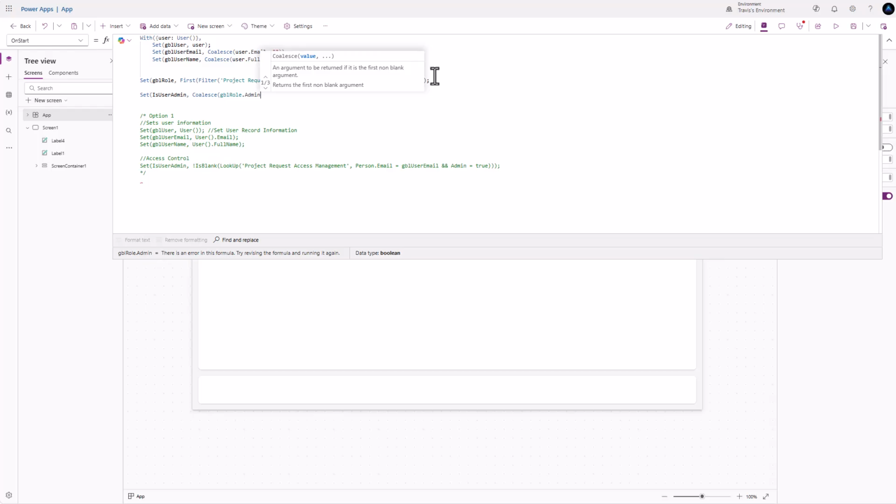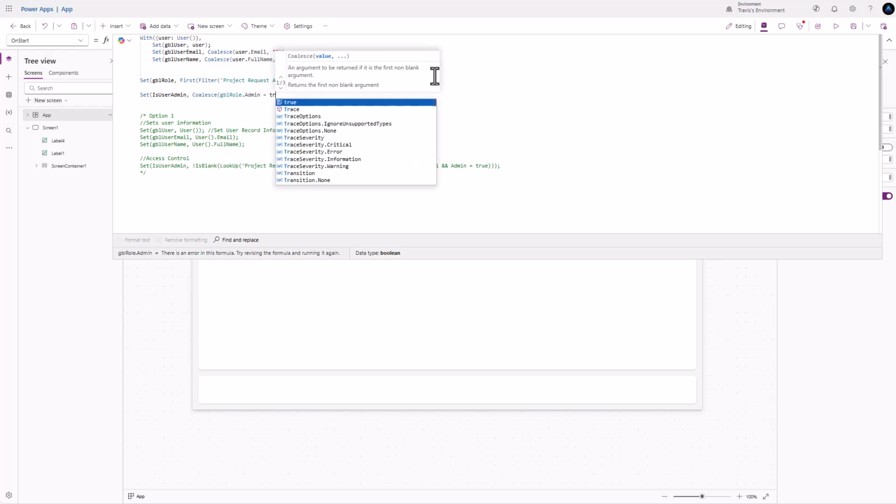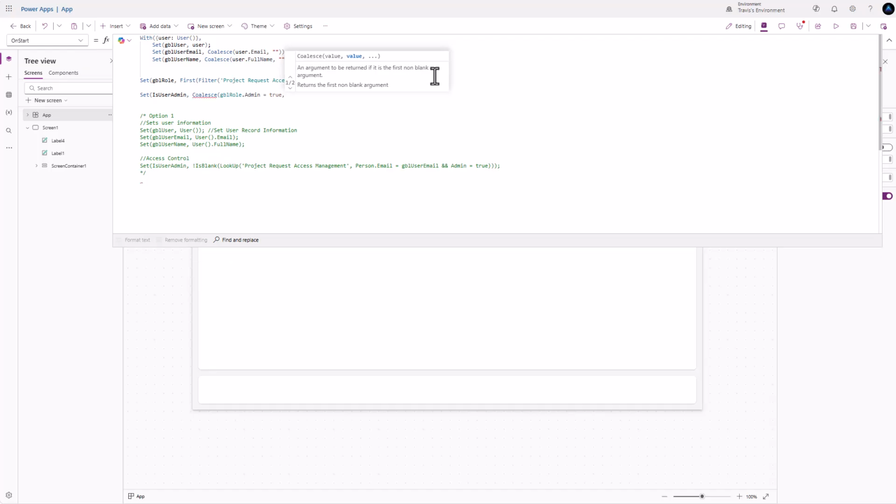And then what we want to do is hit equal to true, and how Coalesce works is it basically evaluates things in order. So the first thing that is true, it stops. And we're essentially saying we want true, but if it's not true, what do we want? We want false. So let's go ahead and put that in there, and then we'll close it off, and then we'll put our semicolon. And again, I always put the semicolon just as a rule of thumb or as a habit because I know, especially in an OnStart, that I'm going to be adding more stuff that follows